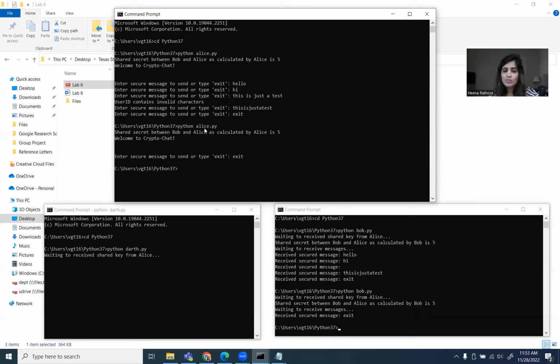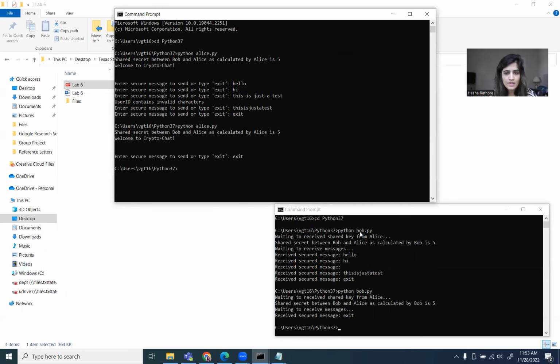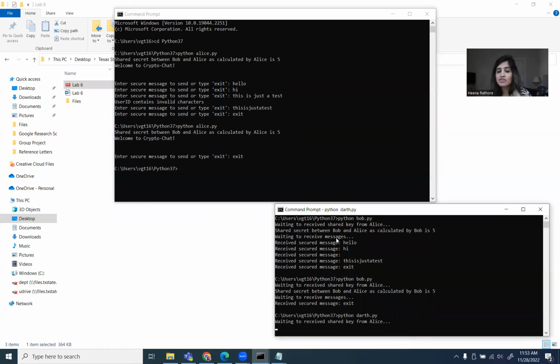Now let's suppose that Darth wants to listen in on the communication which is happening between Alice and Bob. So let me come out over here as well. And let's see, this is Darth in this case. So let's say Python Darth, which is listening in. It is waiting for the shared key from Alice, but this was just communicated between Alice and Bob. So if I run Alice,